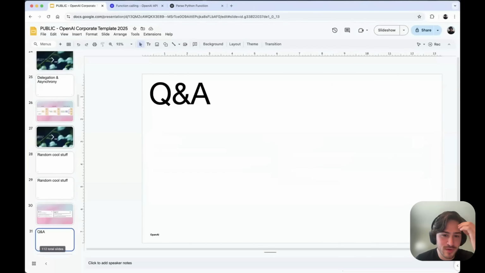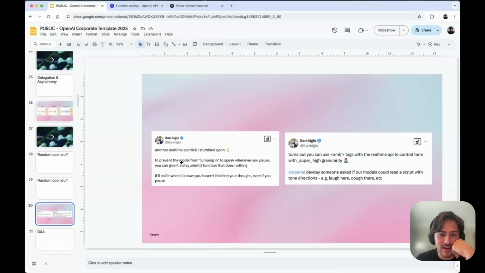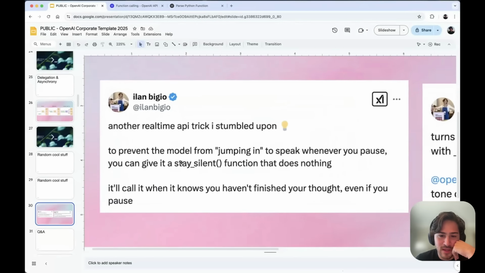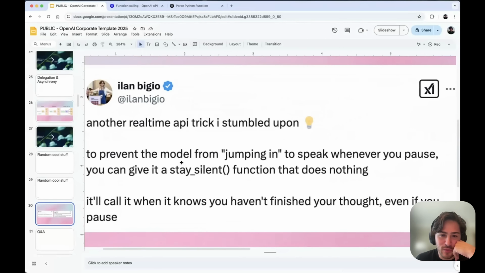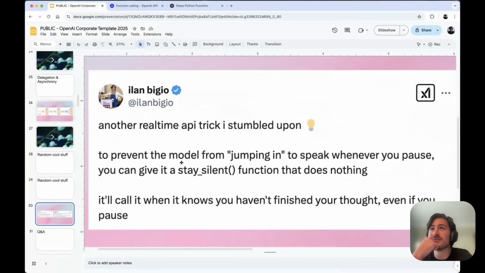So whatever. Okay, these are the two main tricks that I thought were pretty cool, and you might have already seen them. One is if you've ever dealt with the real-time API, jumping in before you're done with an idea or done talking. What I was thinking is, if really what you want is to use the model's own intelligence to decide if you're done talking or not, you can treat our VAD, our voice detection, as a trigger-happy version of that. It'll always tell you when maybe the user is ready to stop talking.